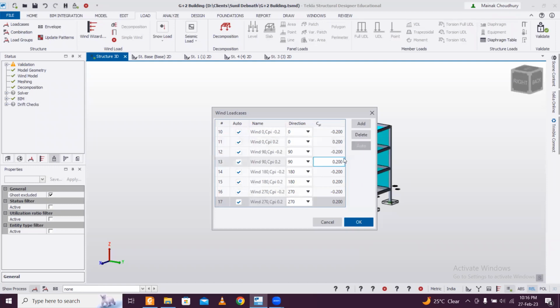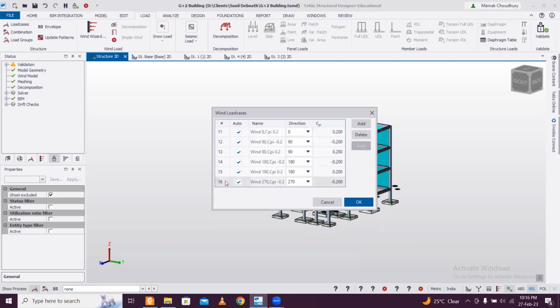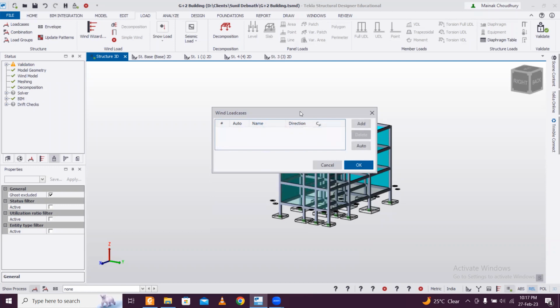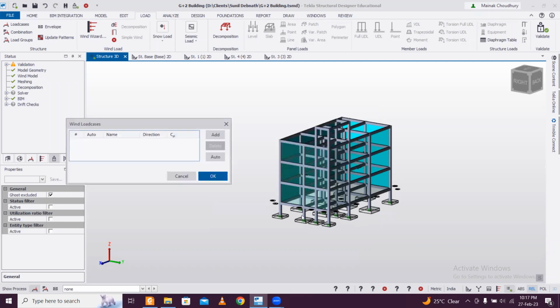They are applying. So you can apply this automatically also, but I'll just go forward and delete it, because those who have done it in ETABS already know how we apply the load. So basically we just need to understand the